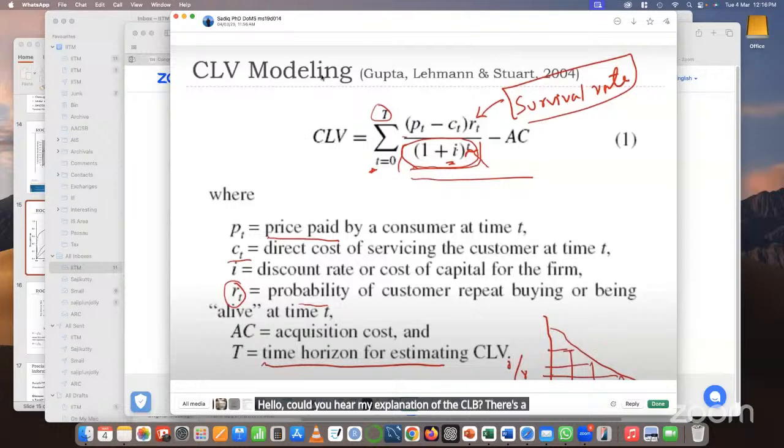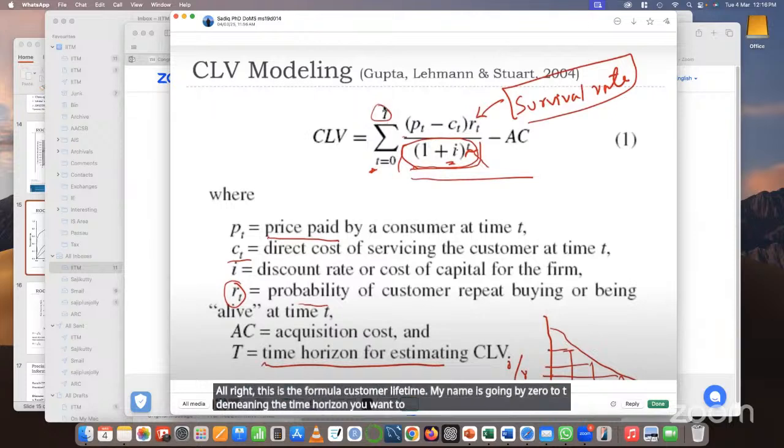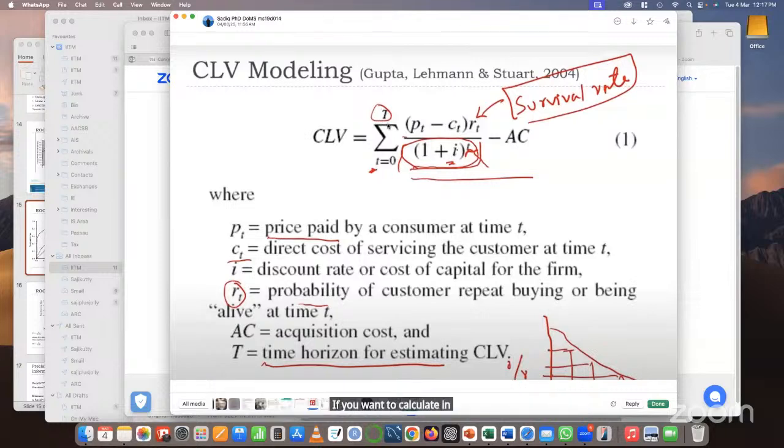Okay. All right, this is the formula. Customer lifetime value is given by the sum from 0 to T, T meaning the time horizon. You want to consider 5 years or 3 years, if year is your period. If you want to calculate in months, then it could be the number of months. So it is P_t minus C_t, meaning the price minus cost, which is a measure of profit in each time period,